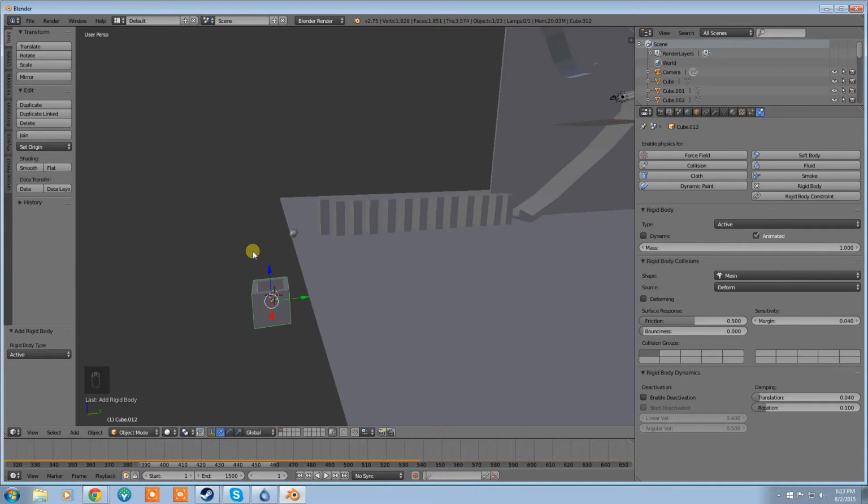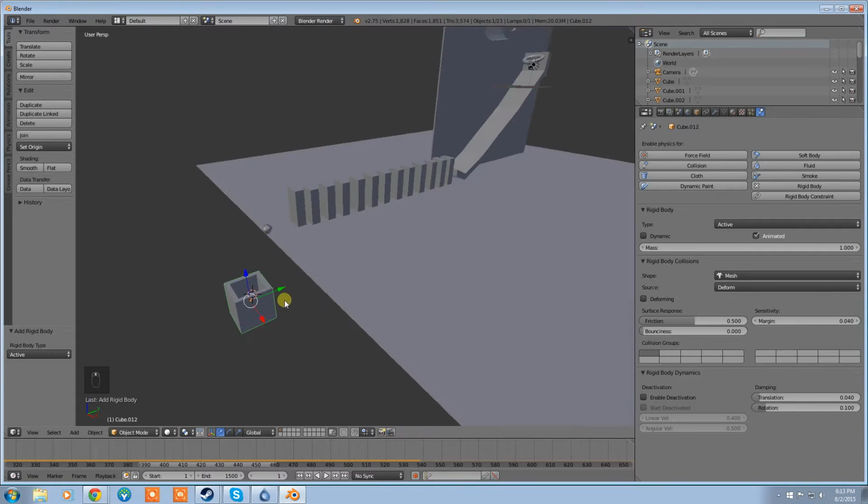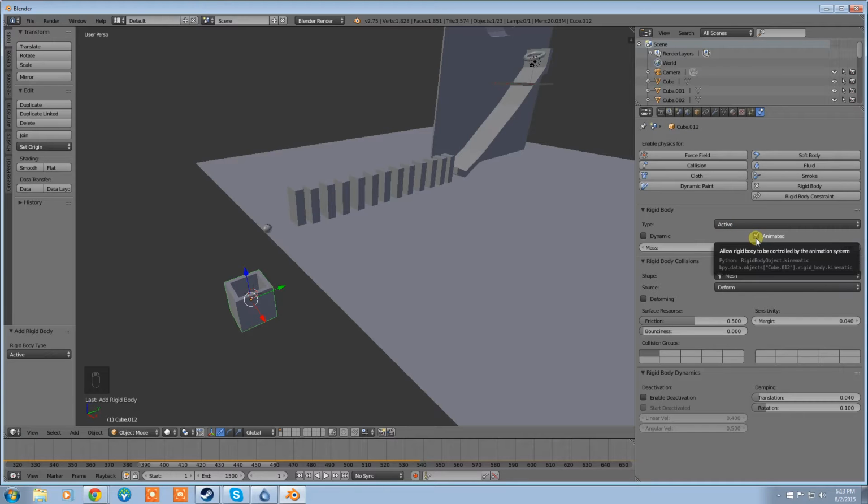So now we're going to have a look at some keyframe animations. What I've done is I position this cube here and this ball here. Now the cube has a hole cut out of it. It's set to active animated, but it's not dynamic. Anything that's dynamic will have gravity applied to it, which means it will start falling as soon as the scene plays. And so what's happened is I've positioned it so that when the domino hits there, it pushes the ball